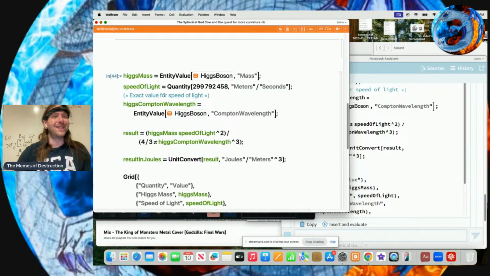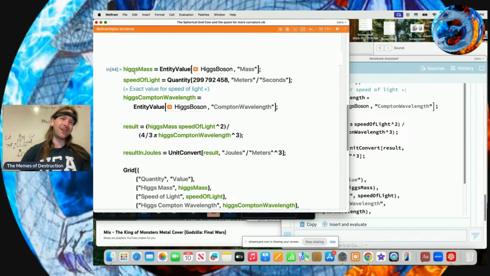Okay. But that long ramble was, we got stuff. We got physical stuff we believe we can measure. We got like the Higgs mass, the speed of light, the Compton wavelength, blah, blah, blah. Okay. And then that stuff is doing things. The particular stuff and the things that it is doing is going to depend on what you're looking at. But if I don't know what's going on, I'm like, all right, we got some stuff, we got some things, and then I need to look into the particular stuff, see if we can maybe computationally reduce it into something smaller, just because